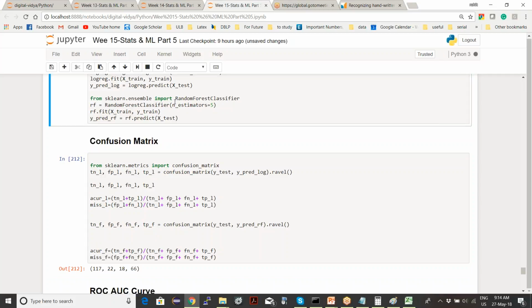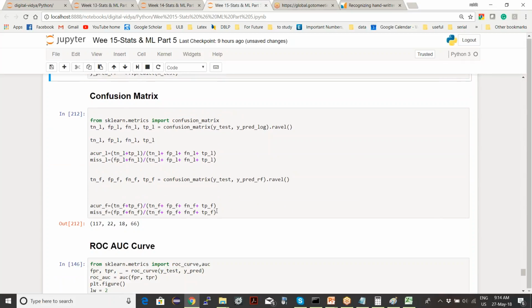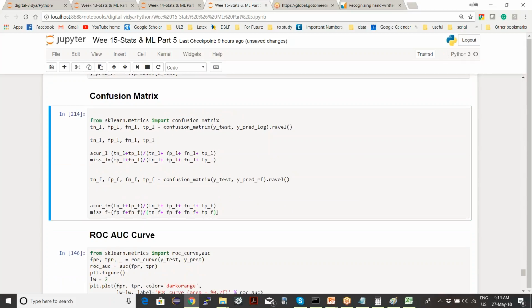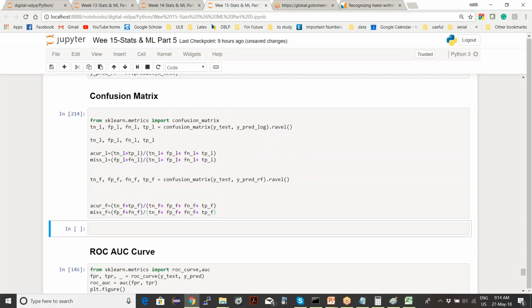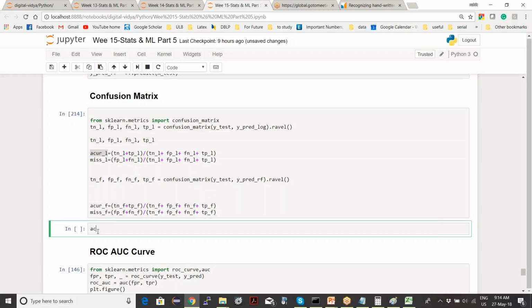So let's run this. Let's print accuracy for L and RF.